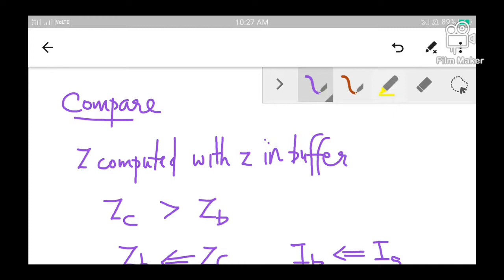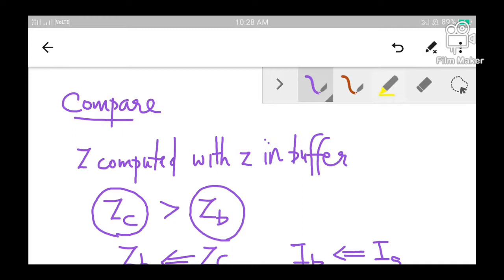Initially, before we started the algorithm, for every pixel position the depth value was set equal to 0. But using the plane equations, we have computed the depth values of all the pixel positions. So we have to compare the depth values for each pixel position like this. We'll check, for each pixel, if the computed depth value is less than the depth value stored in the buffer. So this is the computed depth value and this is the value stored in the buffer.